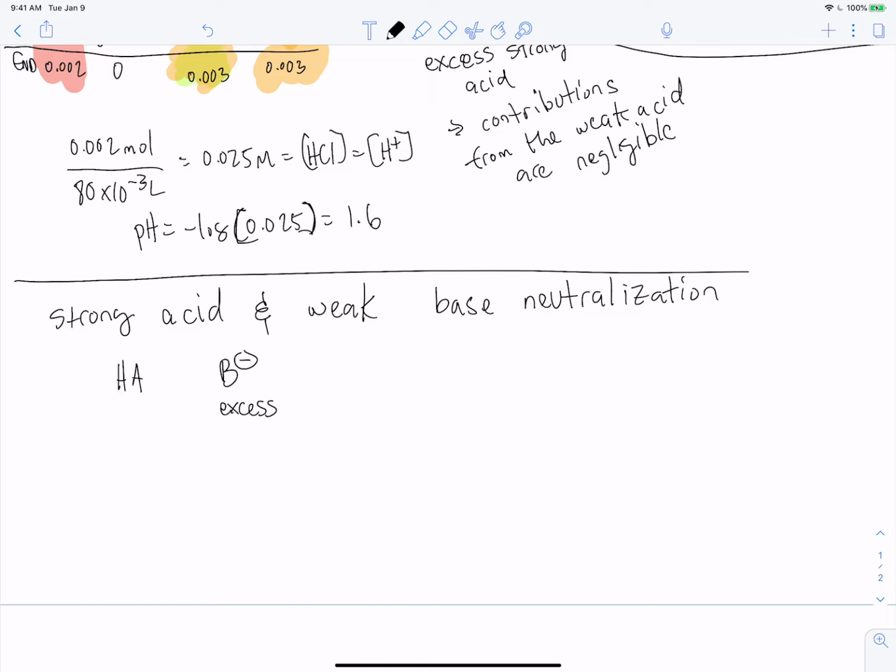So in this situation, we want to use the BH concentration and Ka is equal to